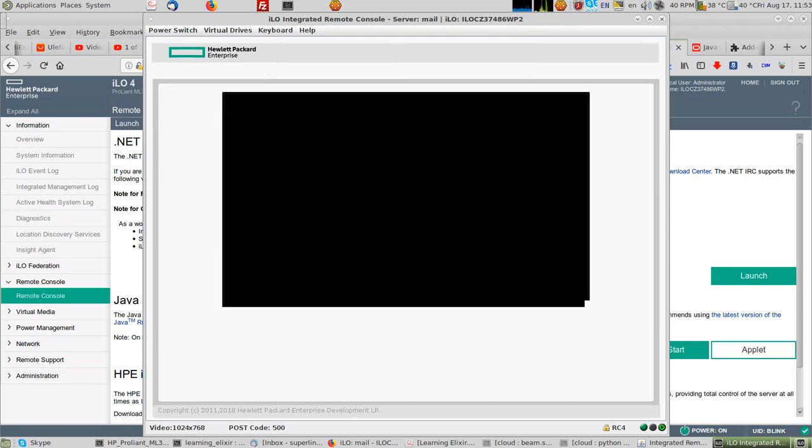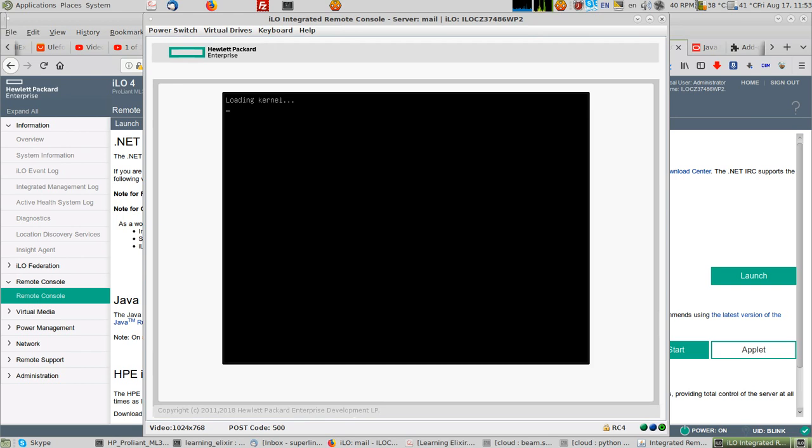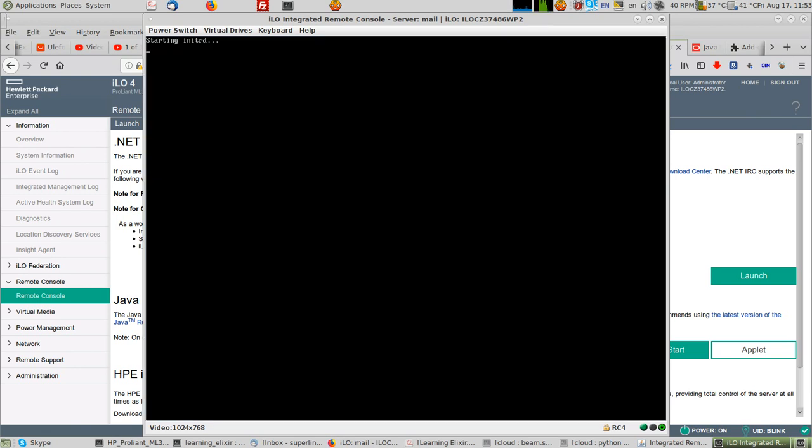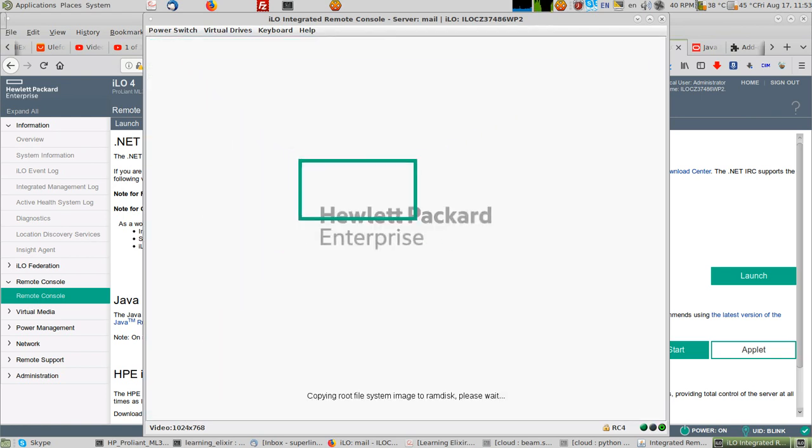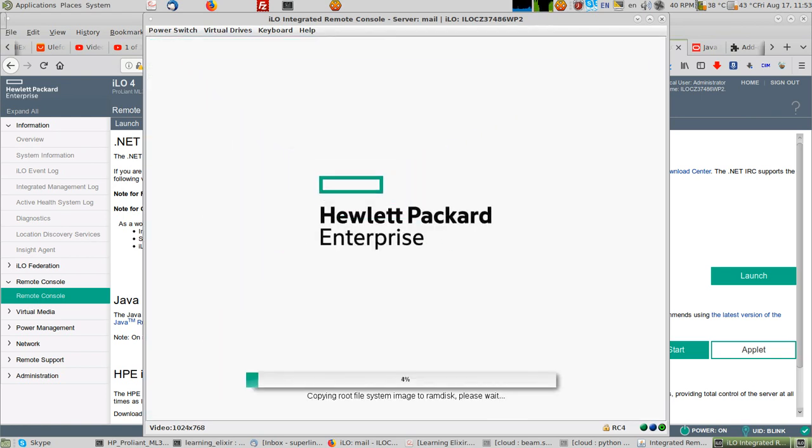Okay, now make sure that your computer is attached to a UPS. Okay,